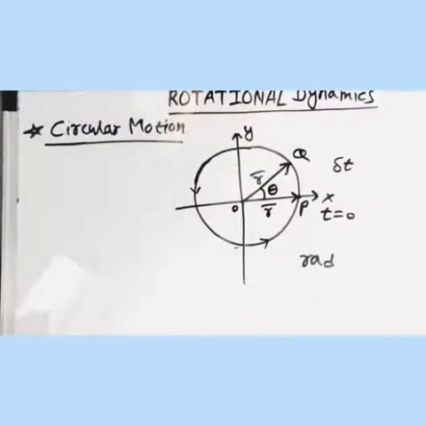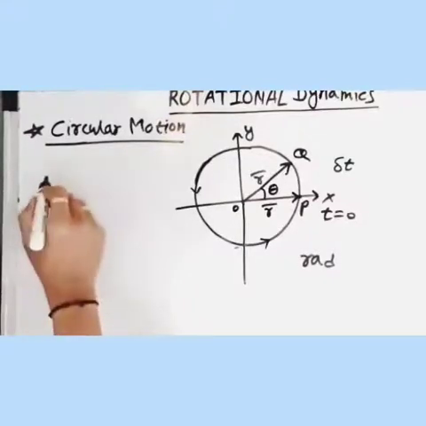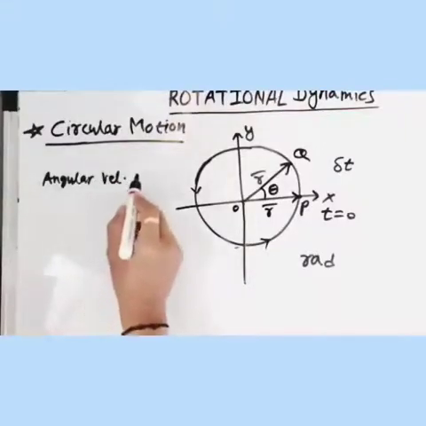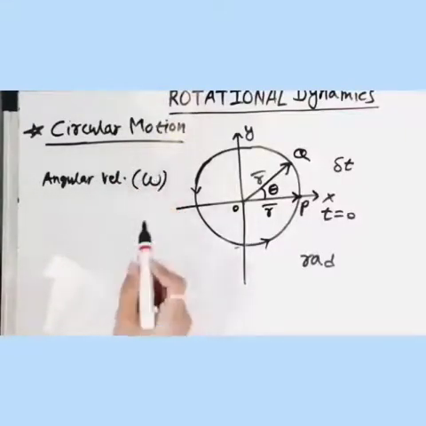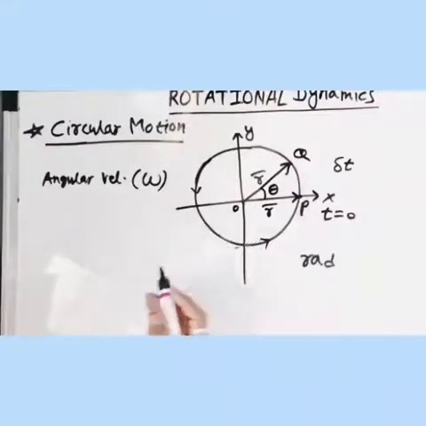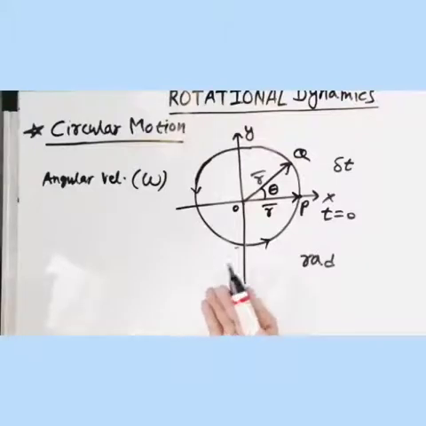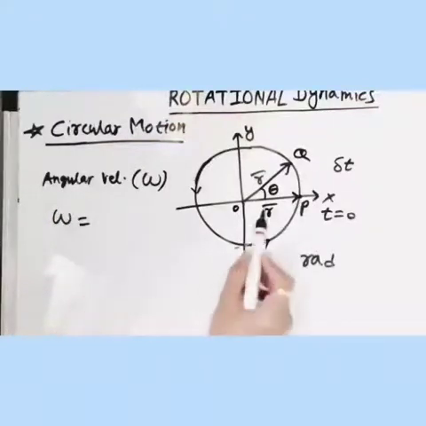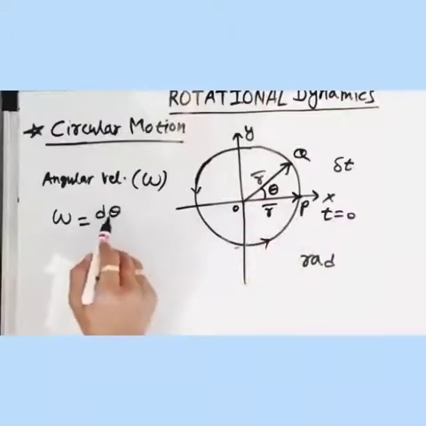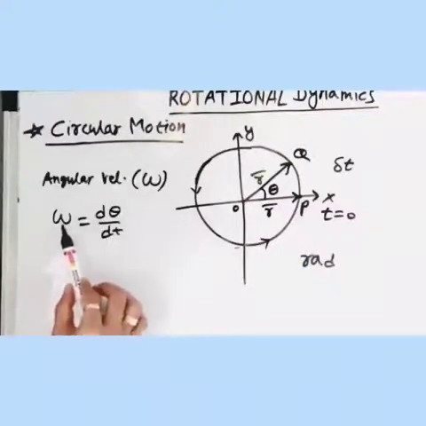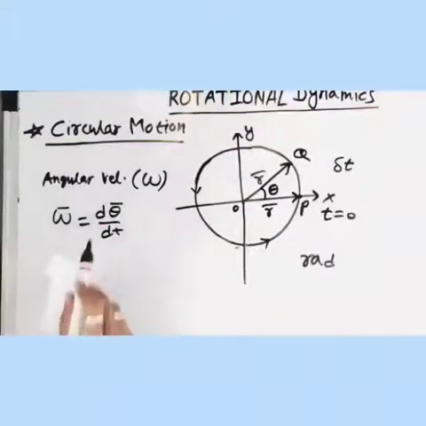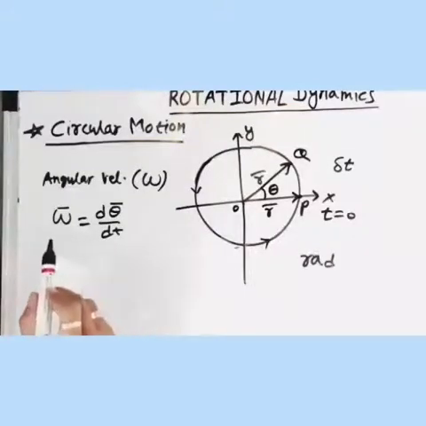Now the next physical quantity in circular motion is angular velocity. Angular velocity is denoted by the letter omega. Now what is angular velocity? It is similar to linear motion, as in linear motion we state linear velocity is equal to linear displacement upon time. Similar to that, here angular velocity, denoted by omega, is nothing but angular displacement in time, that is d theta by dt. So angular velocity is the angular displacement per unit time. Angular velocity is also a vector quantity and can be written like this,